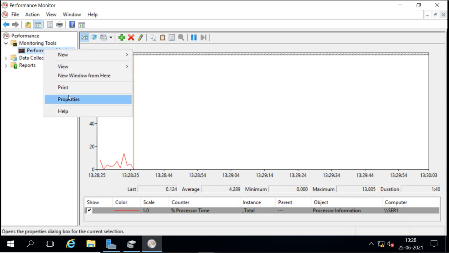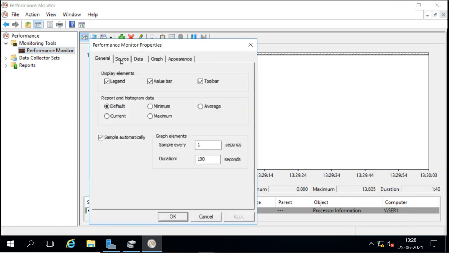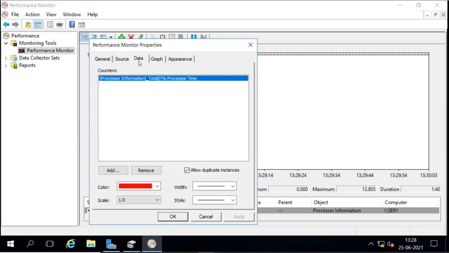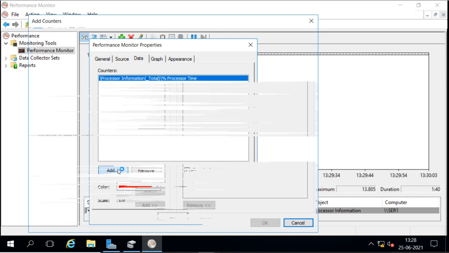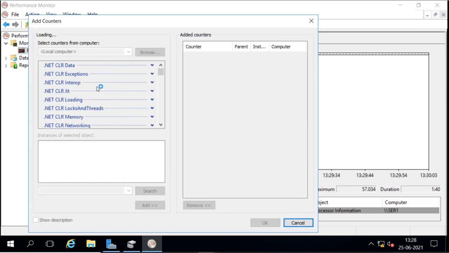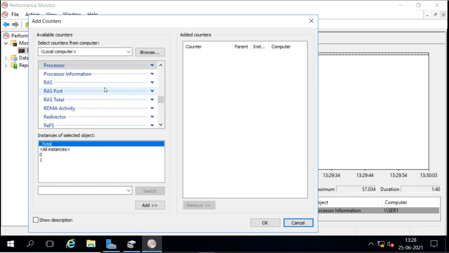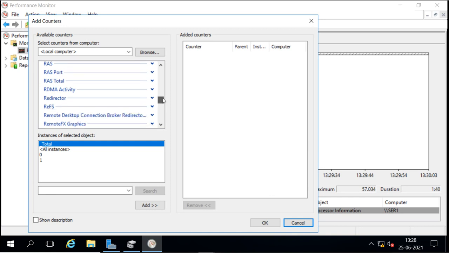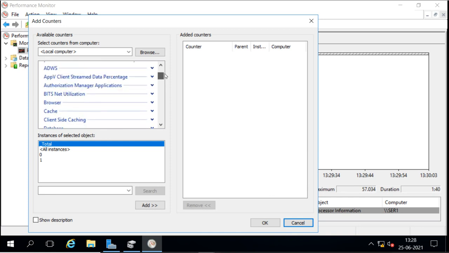We can go to the properties and then add the data, and here we can add the storage performance counters for the storage spaces.